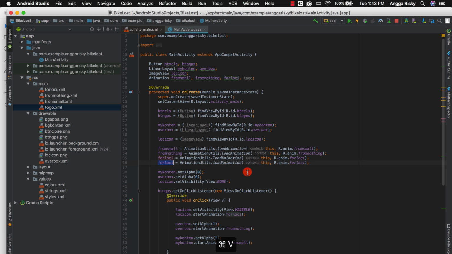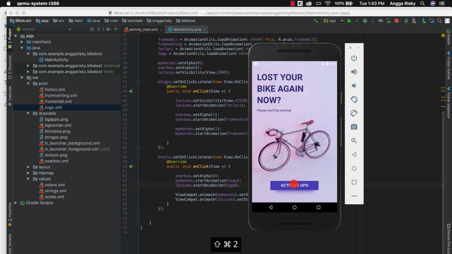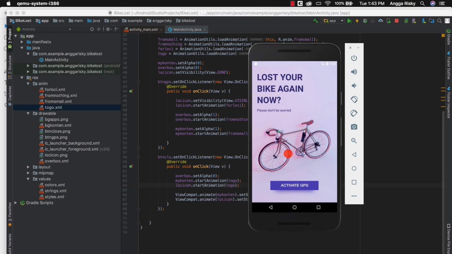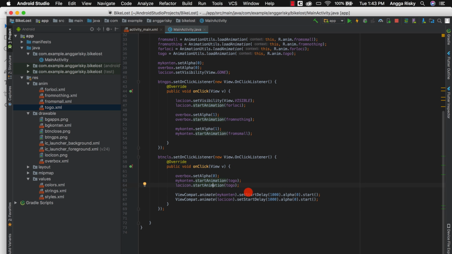Yeah, so many animations actually, but it's okay, just make it so fancy. Okay, like a designer does. So here for the my content to go and to go. Okay, and after that we try again. Okay, activate GPS, and then close. Wow, nice. Oh, and then it doesn't work again because I set the Logicon here to alpha.